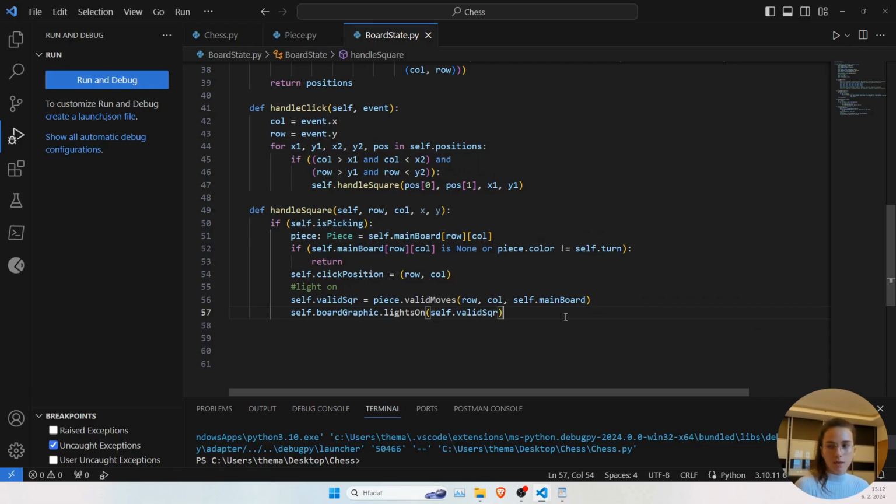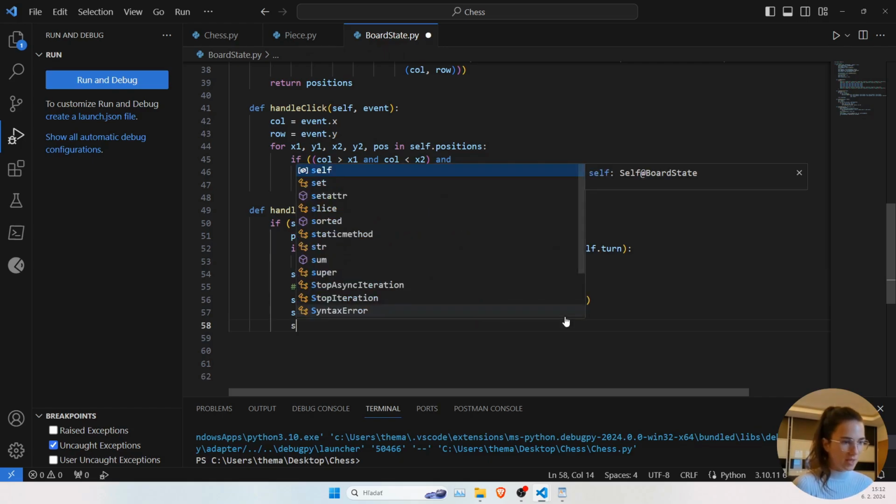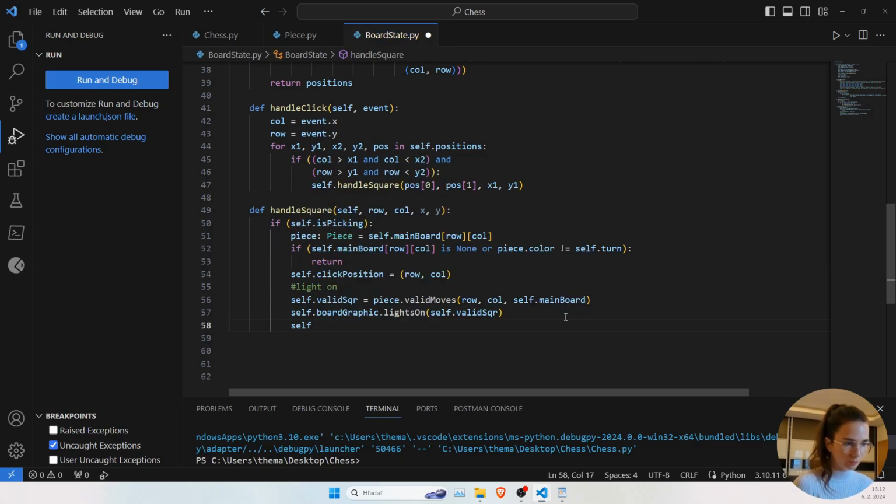Okay, and when all this has happened, then I have picked my piece successfully. Then I want to set is picking state to false, because I'm not picking anymore. I want to put